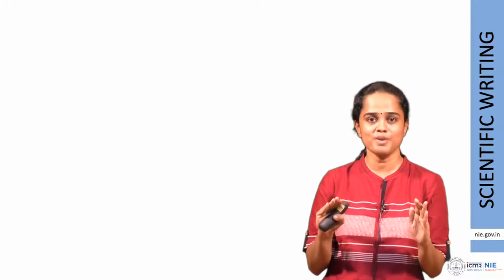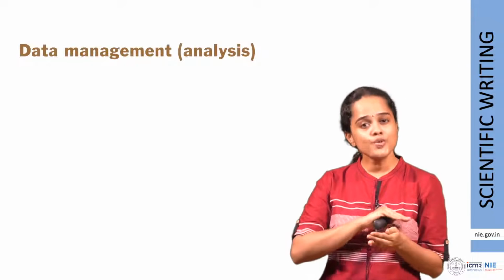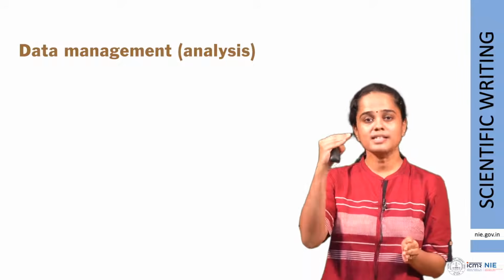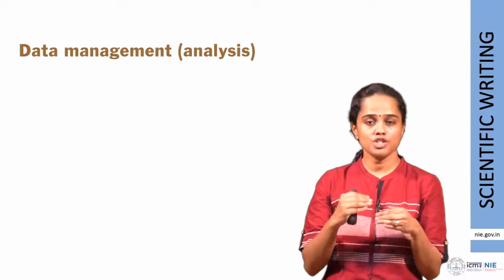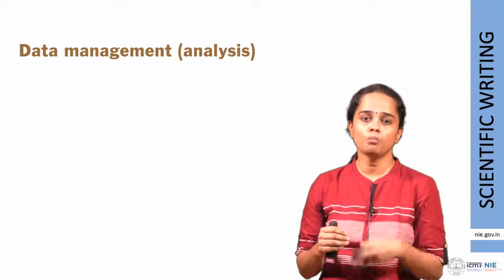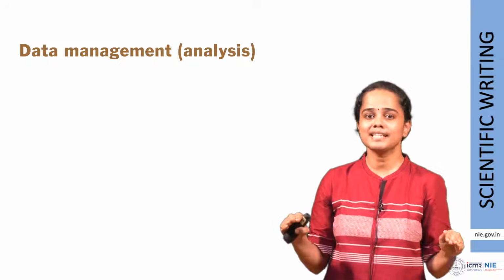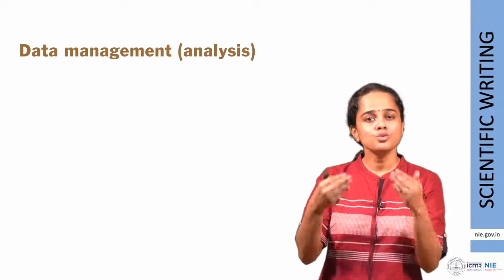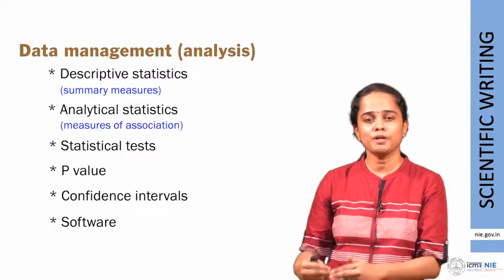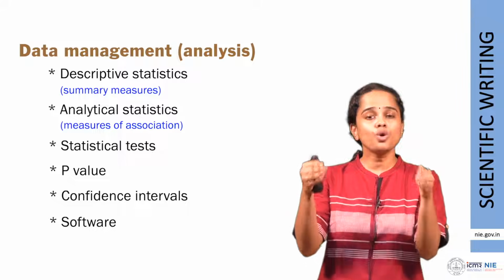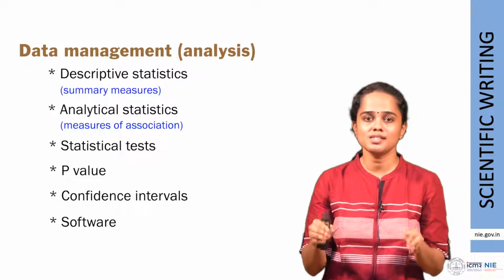The next section, and I'm sure this section gives a lot of jitters to many people, data analysis. So here again, you report all the analysis that you performed in a sequential way. Like we mentioned in the previous sections, go from general to specific, go from simple to more complex. Or simply said, state the truth, state what you did. You got the data, you cleaned the data, you ran descriptive statistics, you performed analytical statistics, and you calculated certain measures. So go in the logical flow in which it is done.